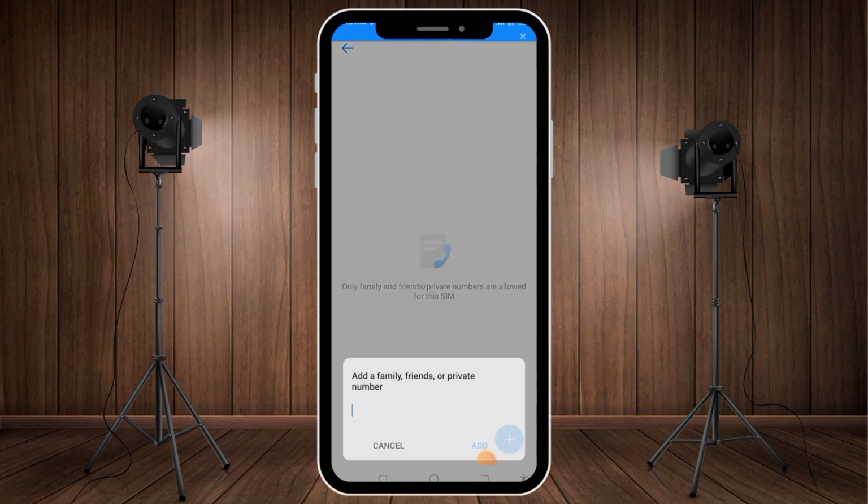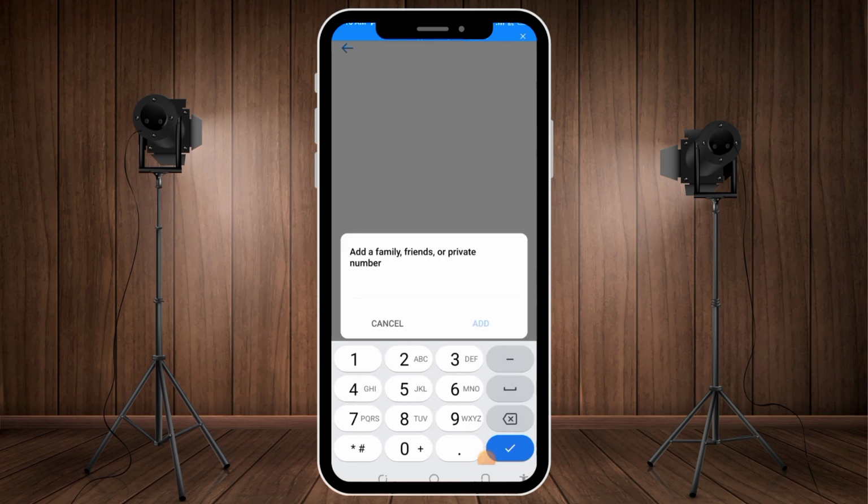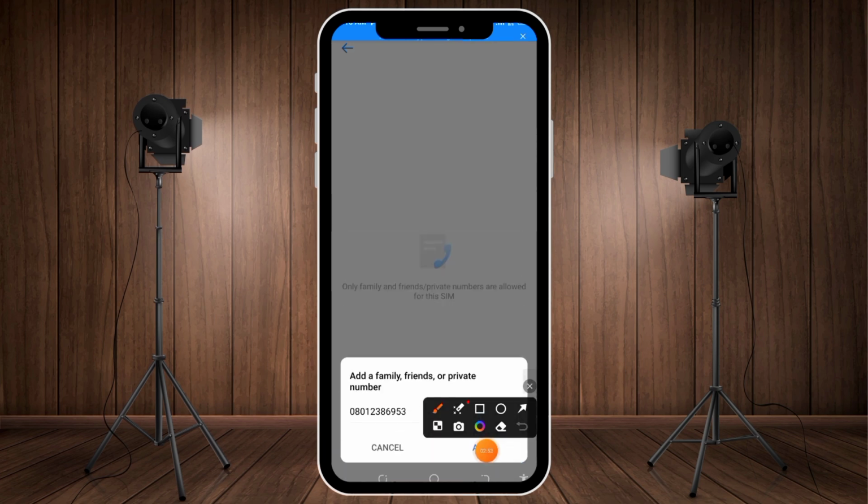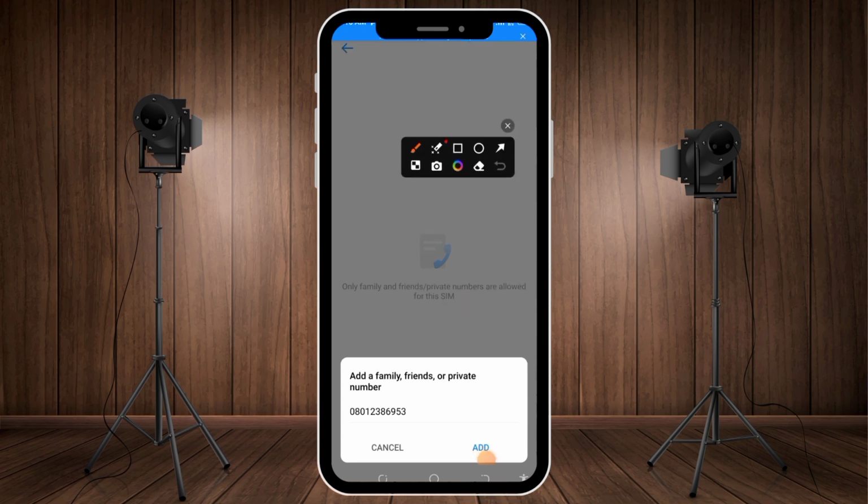Okay, so I'm going to click on add. Over there, they are going to tell me to add the particular numbers that I actually want to be calling me. So here I'm going to type 001666. Make sure you know the contacts of the people that you actually want to add. Once you have typed them all, you can click on this place that says add. Once you click here, it's going to add those contacts. It's very simple. Once I click add, it's going to add the number. But for me, I'm not going to add this because I don't want to set any SIM card for private